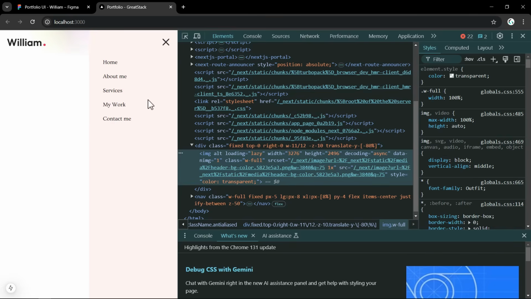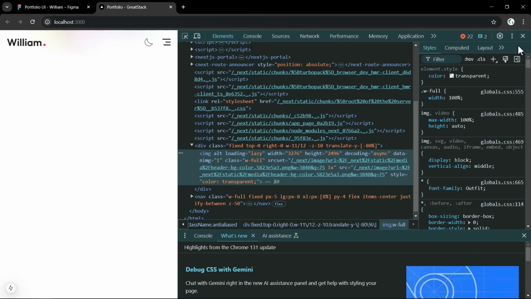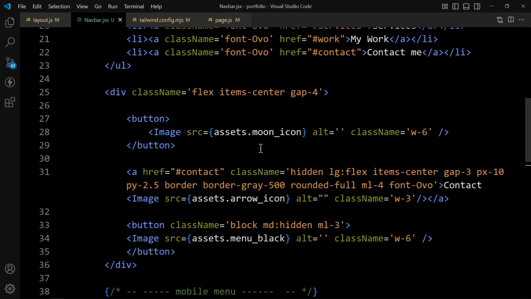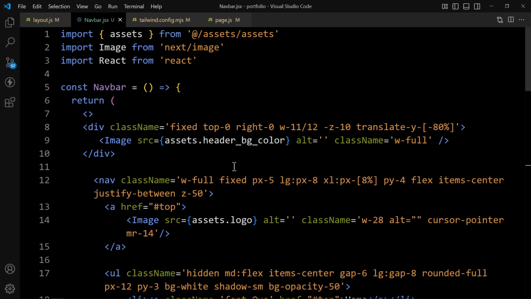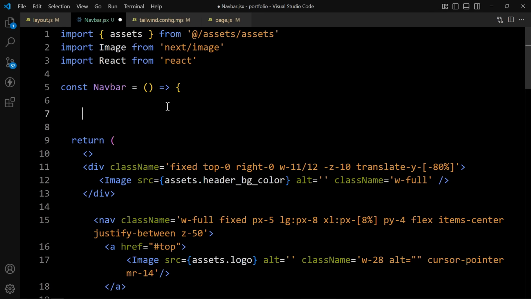So to add that functionality, let's come back, and we will change it to -64, and now it is hidden. And here we have the menu icon. So just come back, and in this navbar.jsx file, scroll to the top, and before this return statement, here we will add const side menu ref. We will create one reference variable. So here we will add useRef,